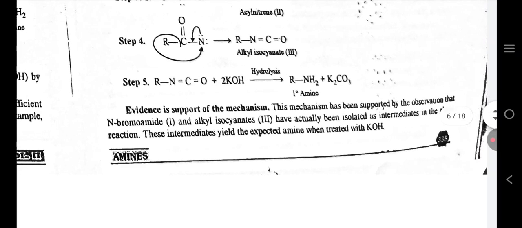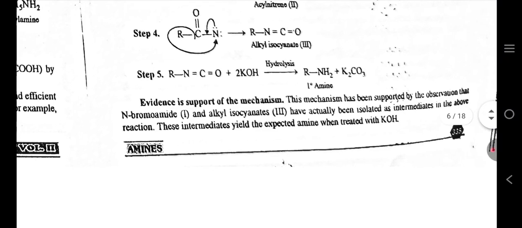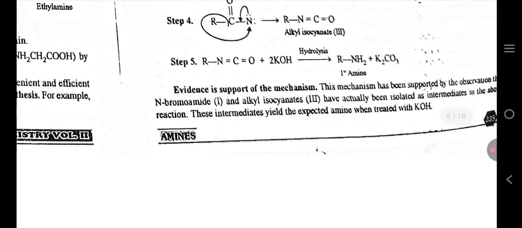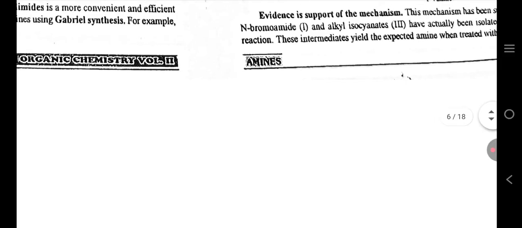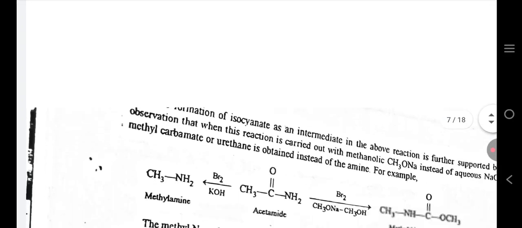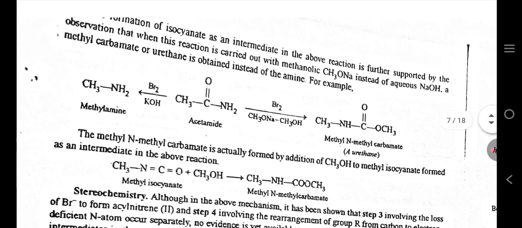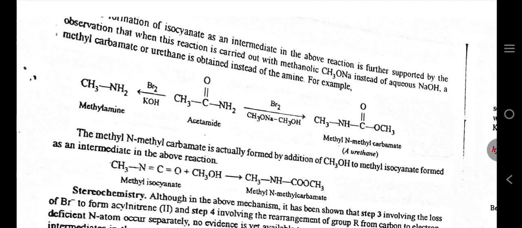Evidence in support of the mechanism. This mechanism has been supported by the observation that N-bromoamide and alkyl isocyanates have actually been isolated as intermediates in the above reaction. These intermediates yield the expected amine when treated with KOH. Isocyanate as an intermediate in the above reaction is further supported by the observation that when the reaction is carried out with